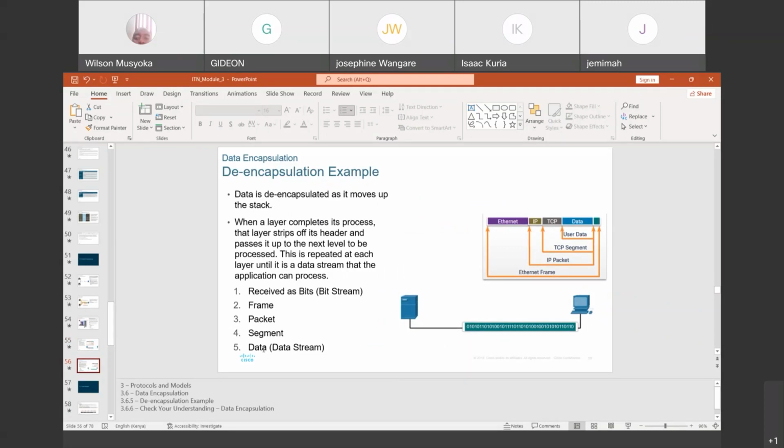When it reaches the destination, the decoding takes place, the bits are gotten back, and then you start with the Ethernet frame again. It is de-encapsulated to have the frame. Then the frame is also de-encapsulated to get the packet. Then the packet is de-encapsulated to get the segment, and then the segment to get the data.